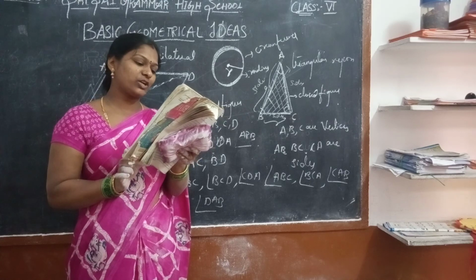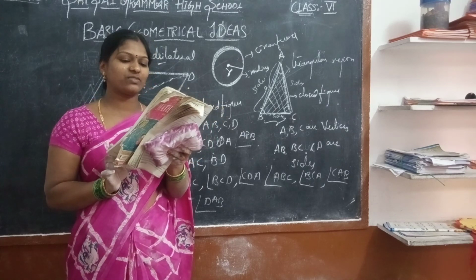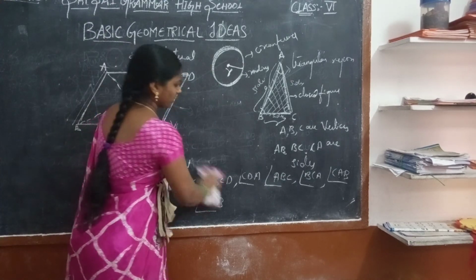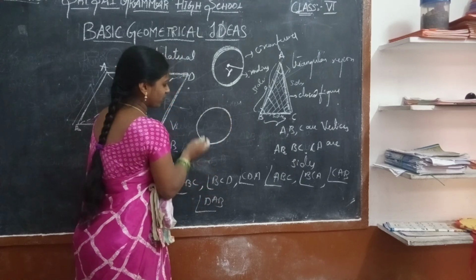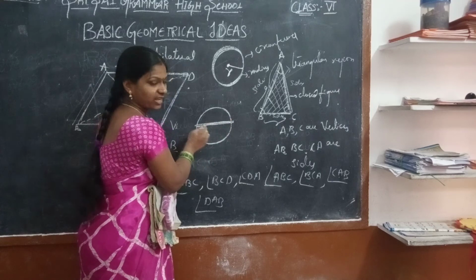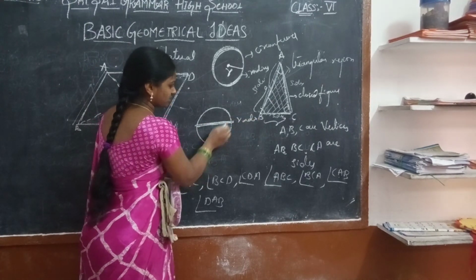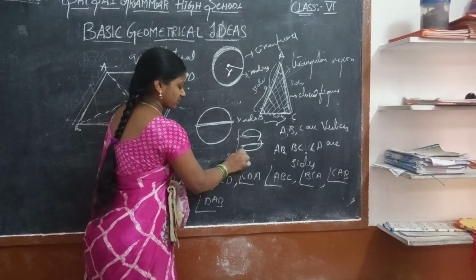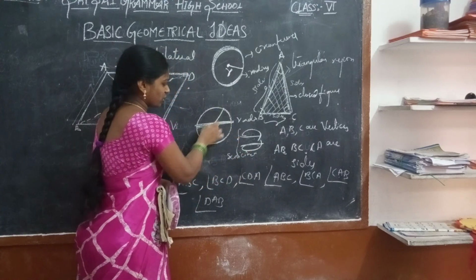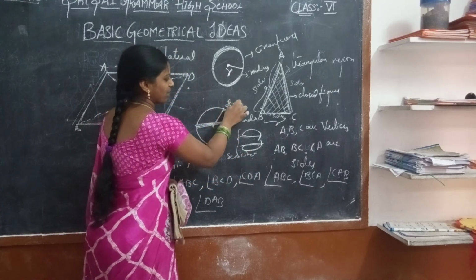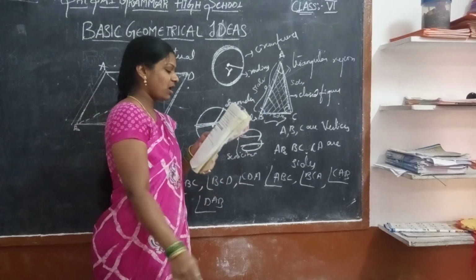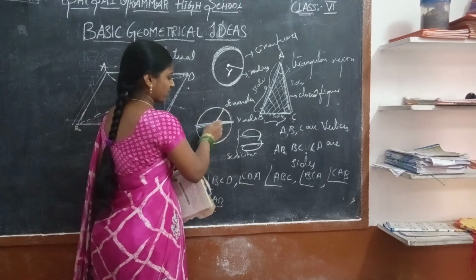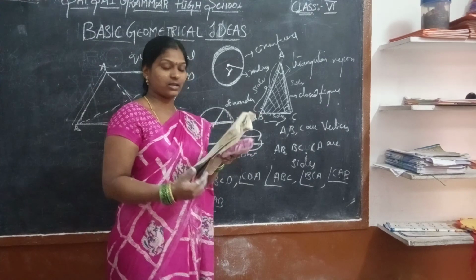Now, sector, segment of the circle, semicircle of the circle. Each diameter divides the circle into 2 parts. See, now in the circle, if it is divided, these are radii, that is radius. This is one half circle, and this is another semicircle. These are called semicircles. The line which is cutting across is called the diameter. And the region in a circle bounded by a chord and the arc is called a segment of the circle.